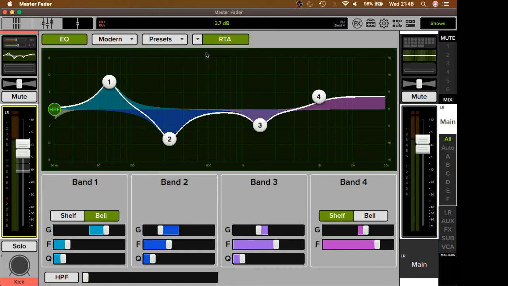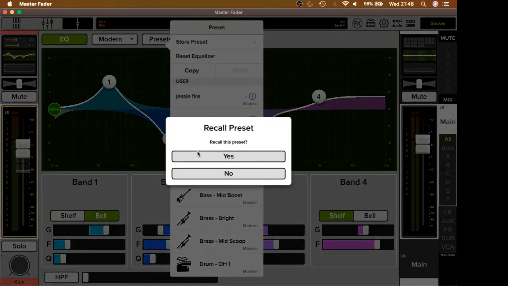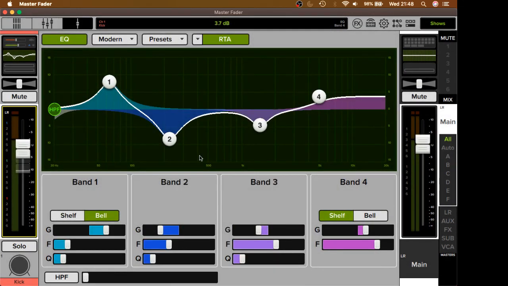You can just come in here, find that individual, hit that, hit recall, and automatically their EQ profile is applied. Bear in mind you need to have set this profile up on that specific mic. So if, for example, you stored that profile and they were singing on an SM58, and then later on they've come and grabbed an SM50, a Sennheiser or something,